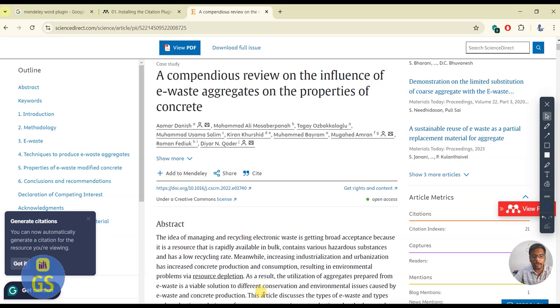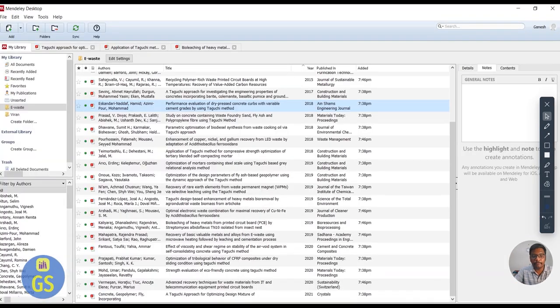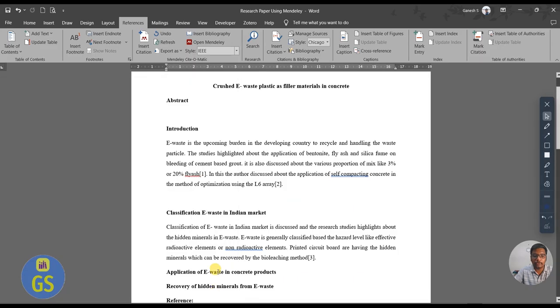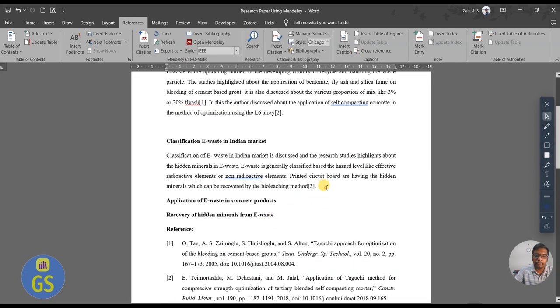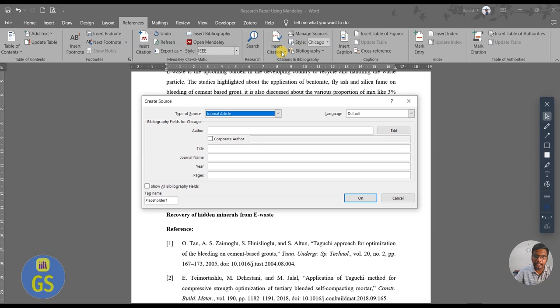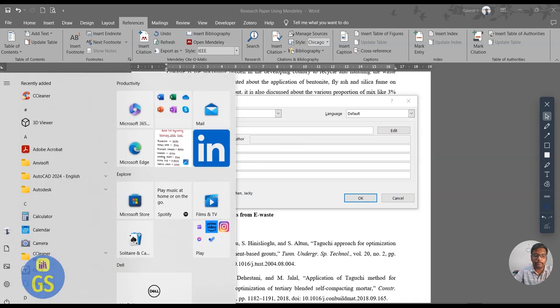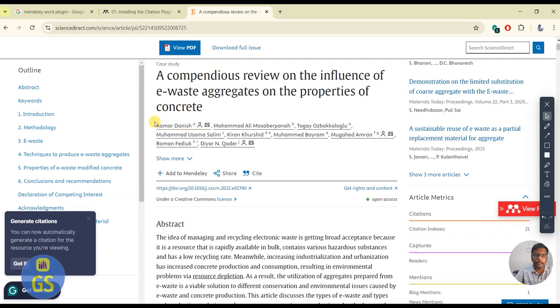So then how to add that? So just go here. So we are going to do online. So manually. So how to add manually? So if you go for manual insertion, insert citation, add a new source. So you have add a new source. So from what concept you need? It is a journal article. You want to add an author name. So just go and collect the author name. So you are seeing this author name. So we are taking this author name